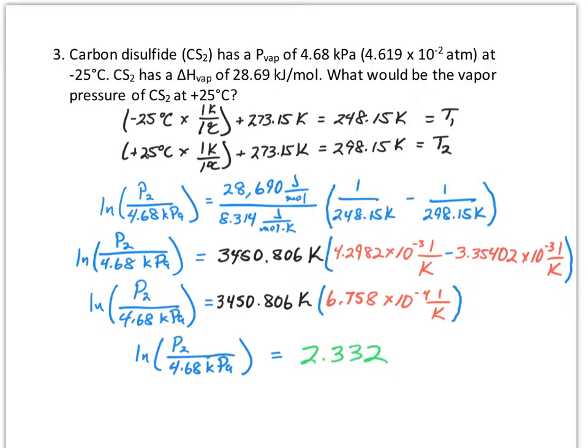And so I just wanted to remind people what we're really doing when we convert Celsius to Kelvin. So when we say we are at minus 25 degrees Celsius, we are saying we are 25 degrees Celsius below the freezing point of water. So 1 Kelvin degree is equal to 1 Celsius degree, which tells us that we are 25 Kelvin degrees below the